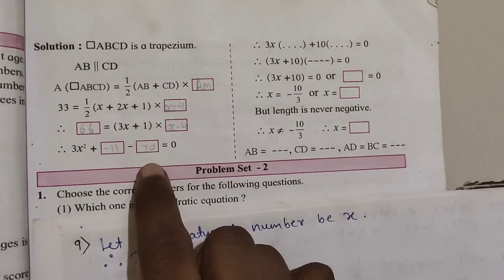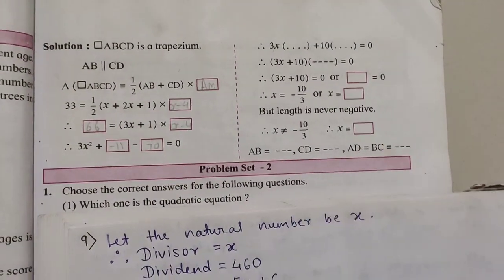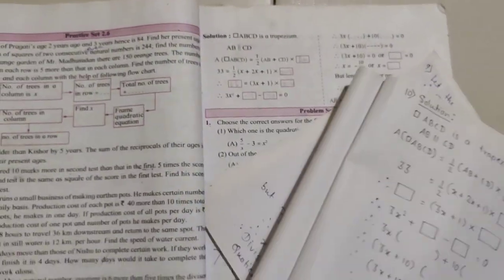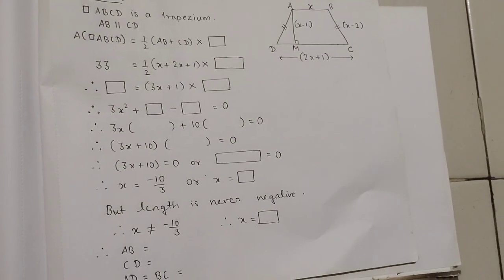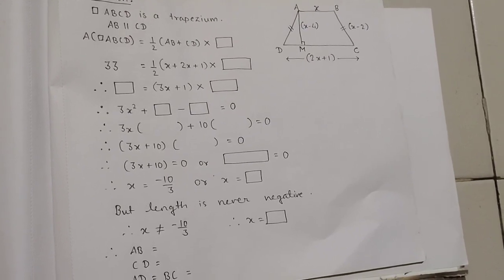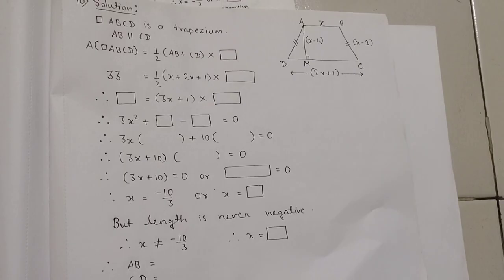So first what you are going to do? You are going to write the whole solution as it is. So that is what I have written in the solution part. You can see. Okay. See, already I have written the solution which is there in the textbook. Same I have copied. Now what I am going to do? I am going to fill up the boxes. So let us see that.